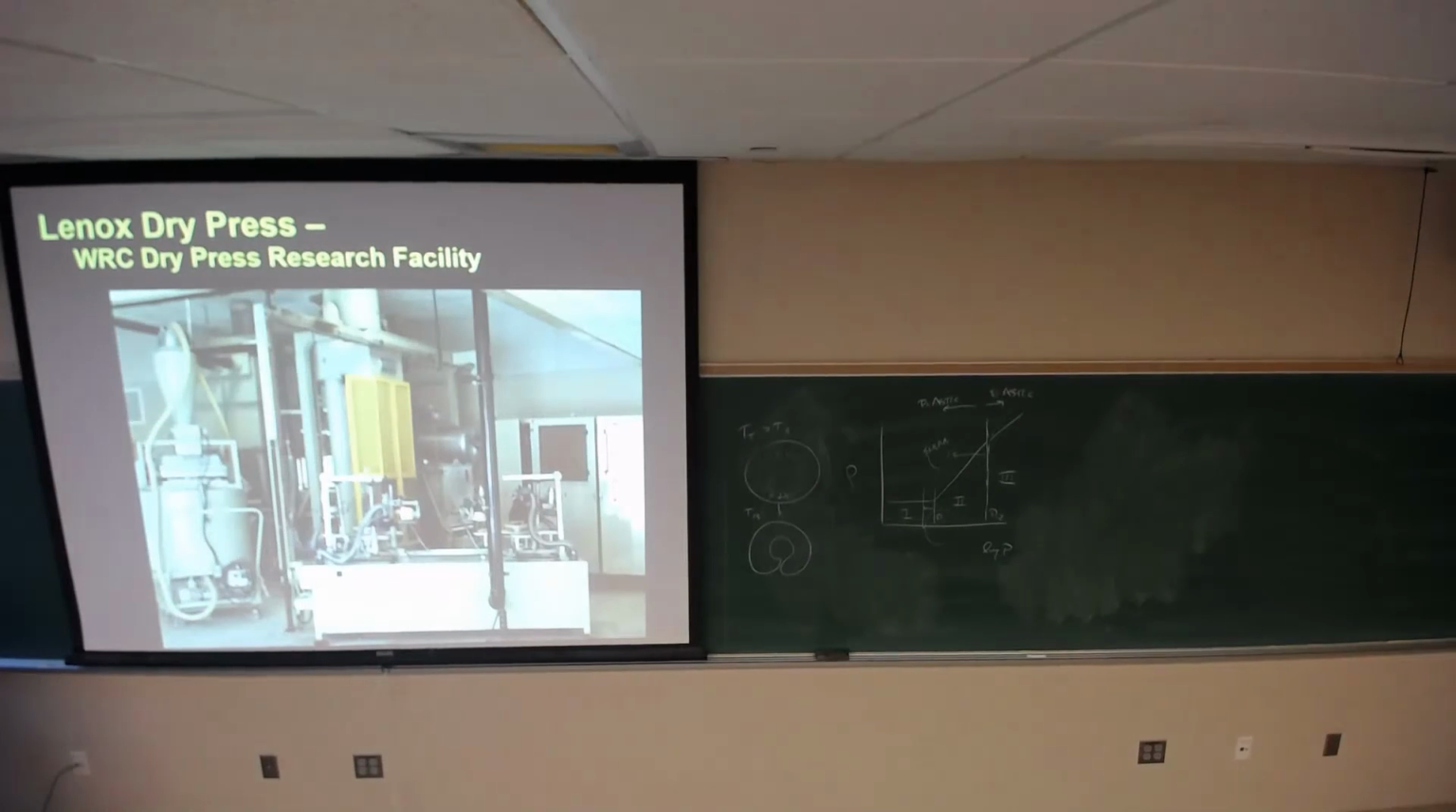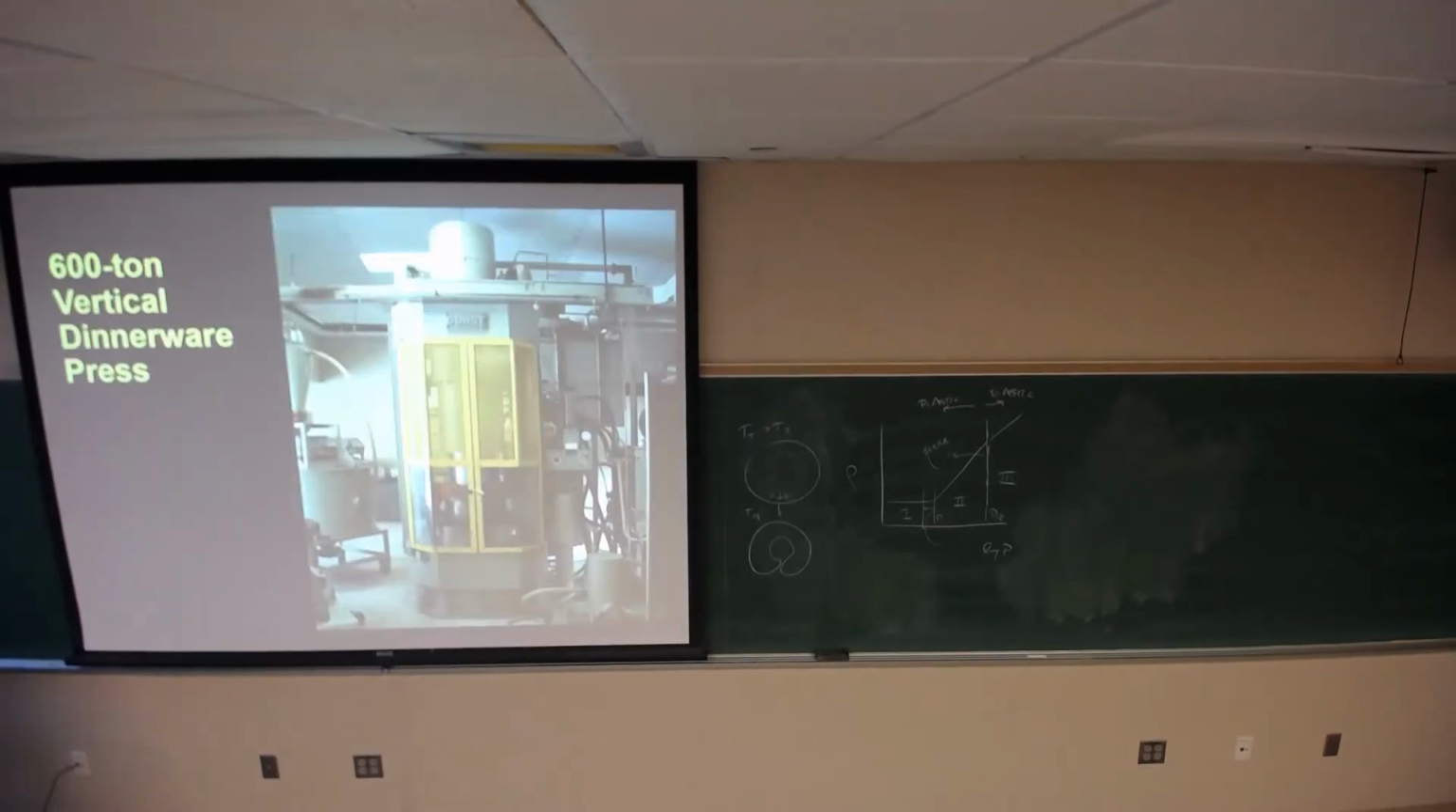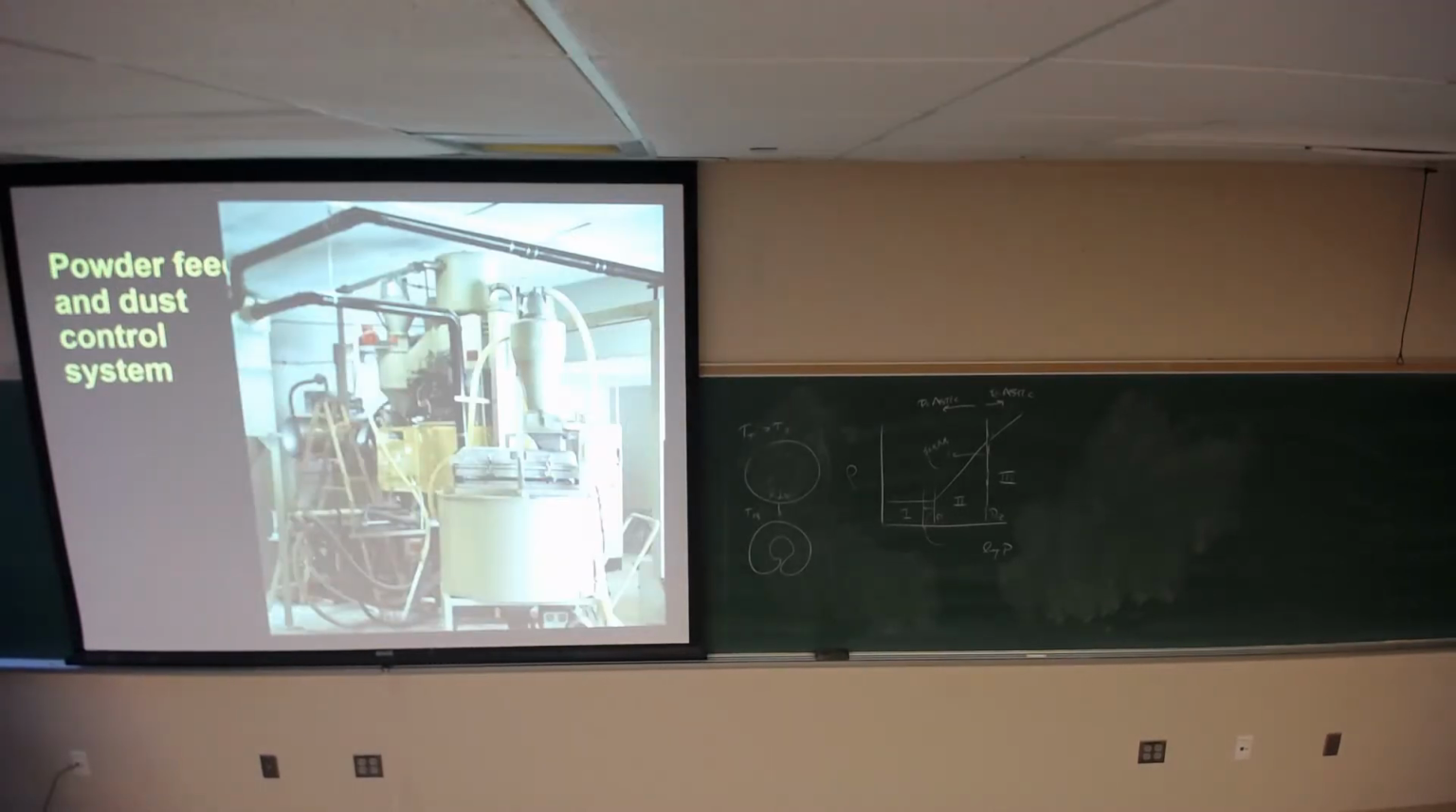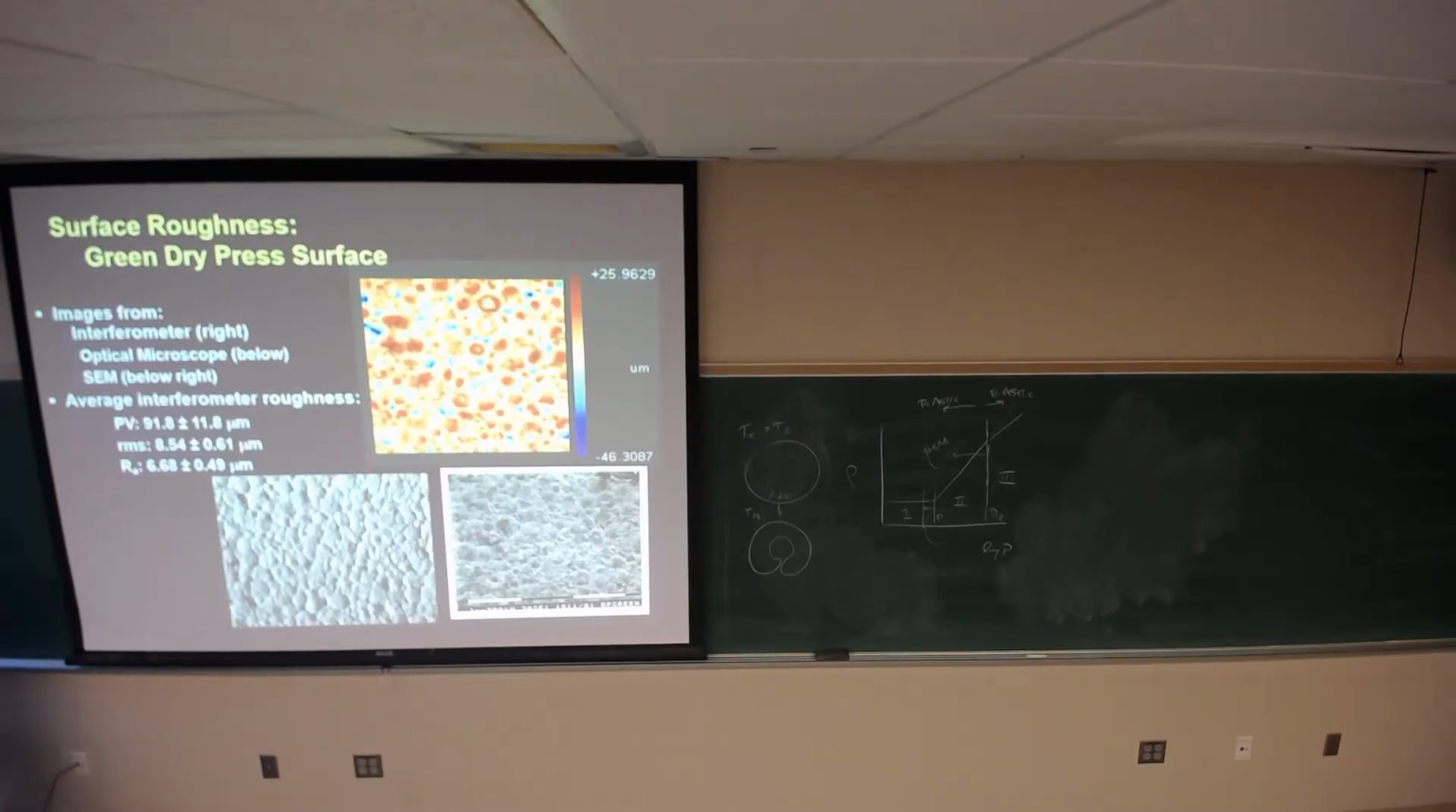Then this was our dry press that we had in-house. It was in the 843 lab, which is down the street here. Lenox China donated the press to us. It was a monster, 600 ton vertical linear press. And this was the problem, right? So what you have is we were looking at dry press and